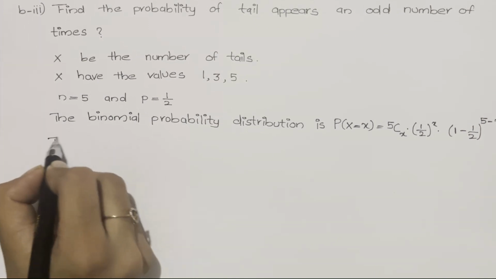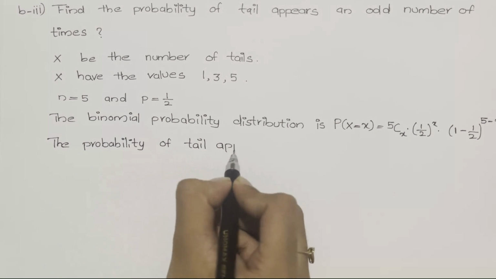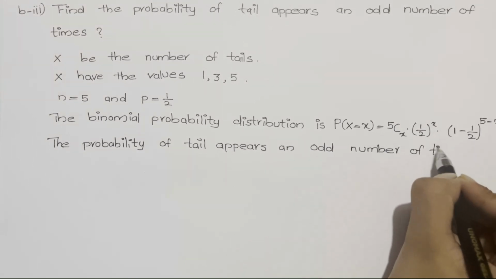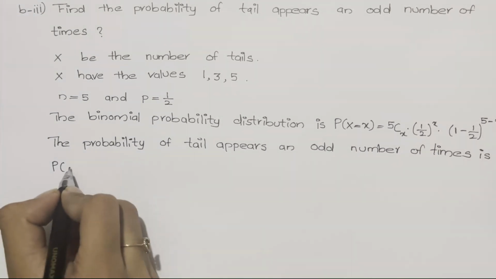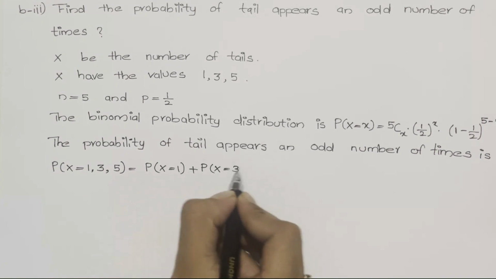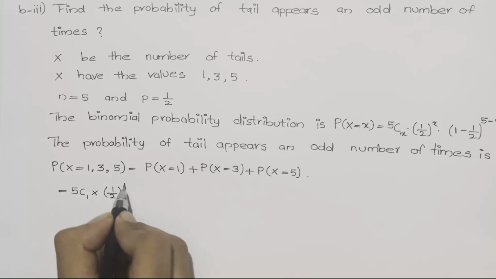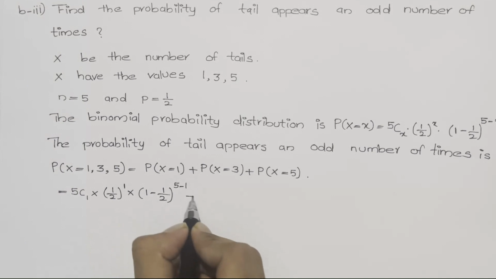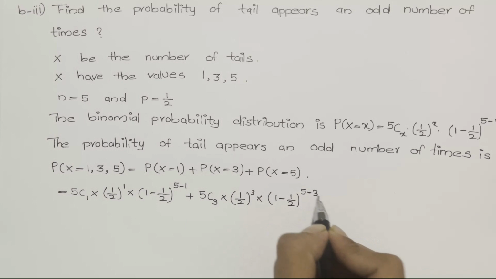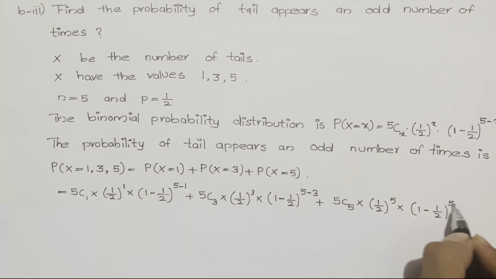Thus, the probability of tail appears an odd number of times is P of x equal to 1 or 3 or 5 equal to P of x equal to 1 plus P of x equal to 3 plus P of x equal to 5 equal to 5C1 into (1 by 2) whole raised to 1 into (1 minus 1 by 2) whole raised to 5 minus 1 plus 5C3 into (1 by 2) whole raised to 3 into (1 minus 1 by 2) whole raised to 5 minus 3 plus 5C5 into (1 by 2) whole raised to 5 into (1 minus 1 by 2) whole raised to 5 minus 5 equal to